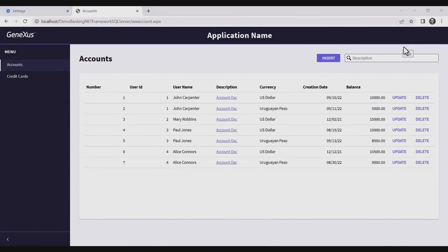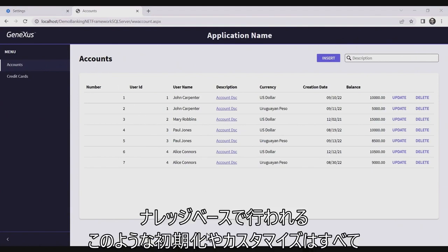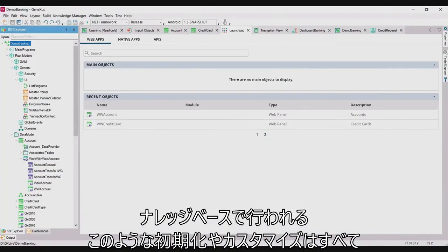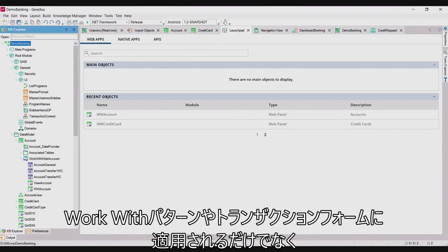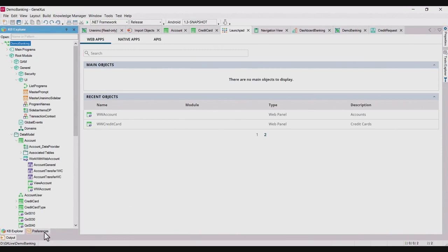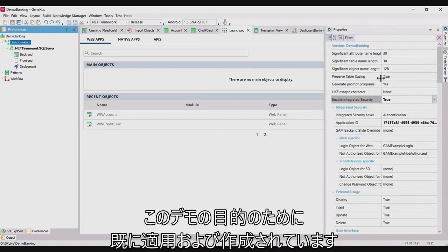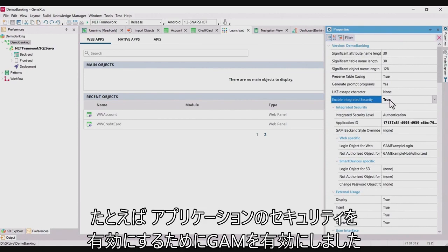And well, so here you have predetermined your application. So all these initializations and customizations that we make in the knowledge base do not only apply to the work with pattern, which is a transaction form, but also all the components that you want to incorporate to your solution, to your application. So in the knowledge base, I've already made some changes that I've already applied for the sake of this demo. For instance, I've enabled GAM